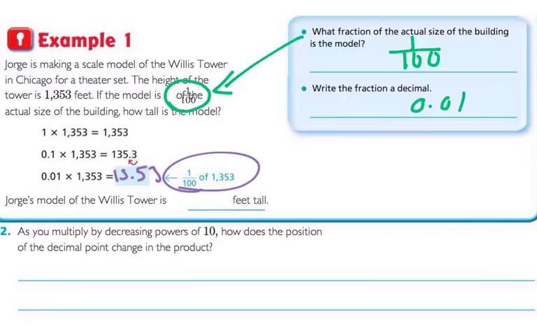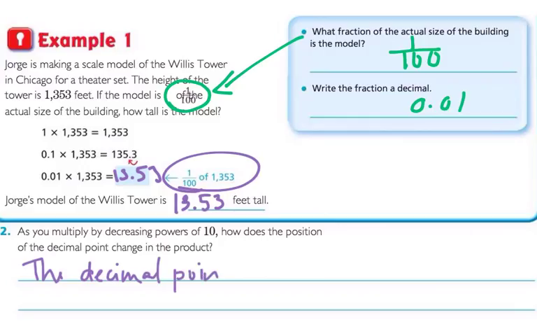Because remember, we're saying the model is going to be smaller. So Jorge's model of the Willis Tower is 13 and 53 hundredths feet tall. Now, this is a little different than the first question that was asked us, boys and girls, because it says, as you multiply by decreasing powers of 10, how does the position of the decimal point change in the product? It doesn't. It changes, boys and girls, because the decimal